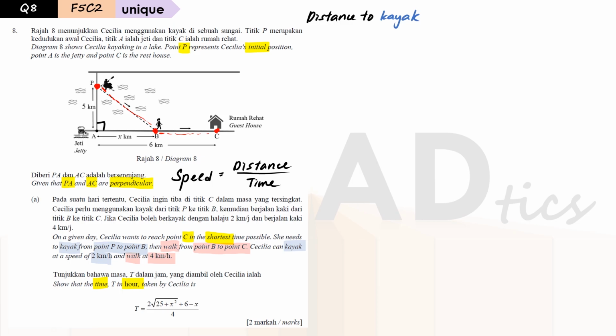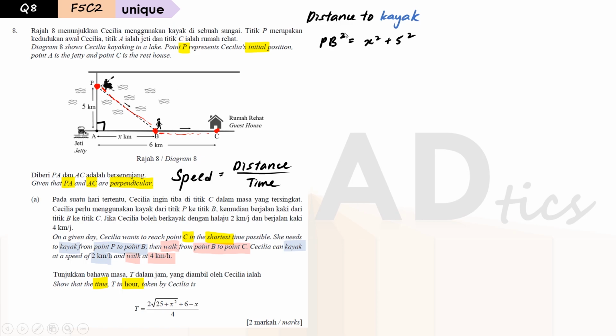And if we want to find any length in the right angle triangle, we can use the Pythagoras theorem. If you want to find the length of the hypotenuse, what we need to do is to square the length of both sides of the triangle, which is 5 squared and x squared, add them up together, will be equal to hypotenuse squared,